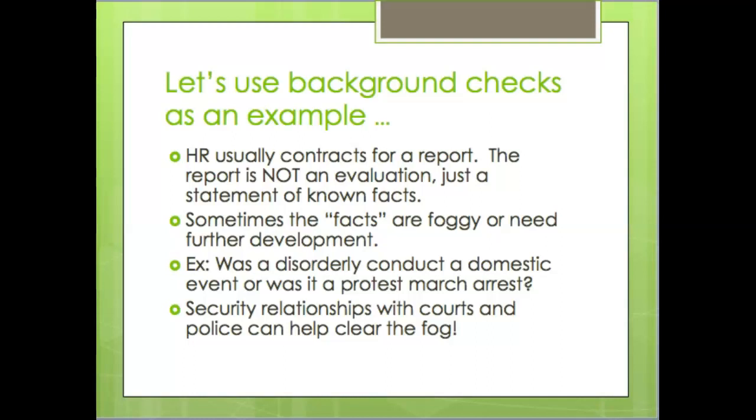Or he might say, yeah, that was that protest for the library tax nobody wanted to pay, and Brian was sitting in the door of the library, and when we told them they had to unblock the door, they wouldn't move, so we peacefully picked up people and just escorted them, processed them, and sent them home. I might hire that Brian. I really don't want the bar fighter. But the police will more likely talk to the security department. So that background check example is one way where HR and security working together have a shared risk of a bad hire, and security can help HR minimize that risk by using their contacts.